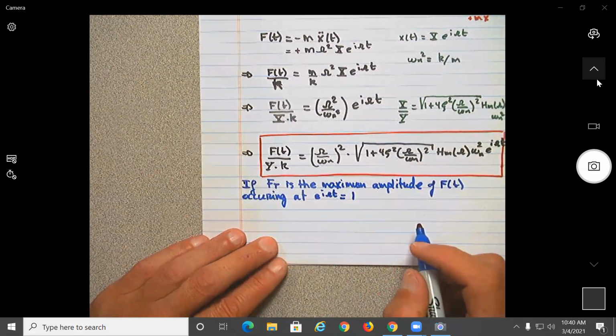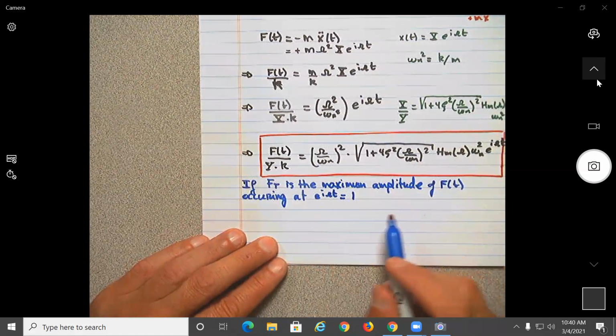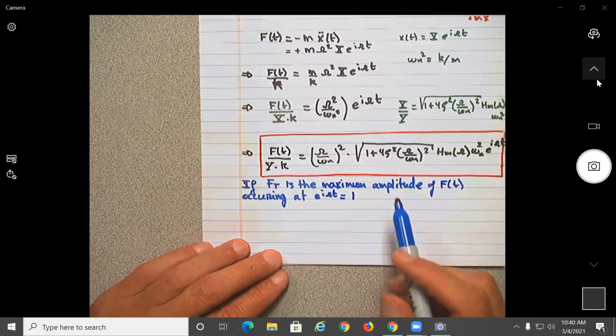At t equals 0, no? Okay. So when that is equal to 1,